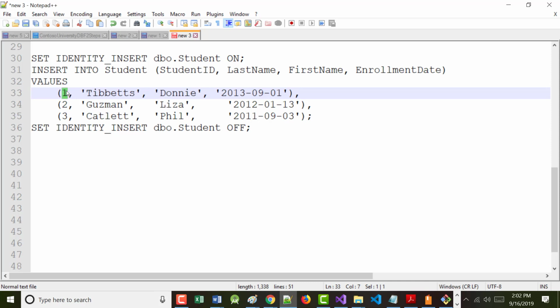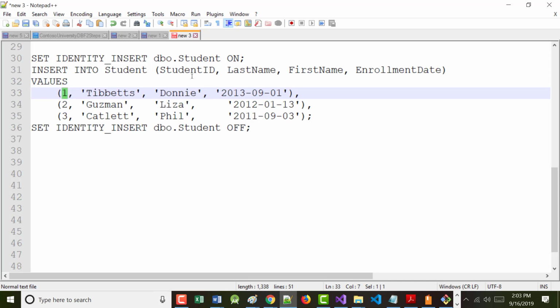What I'm telling you is, this is a bad practice. We said that the student ID was an identity field. You all put that in. You put in identity 1, 1, which means the system should be numbering those for us, starting at 1 and incrementing by 1 each time. Well, we're manually doing it. That's not a good policy. I could not get it to work any other way.